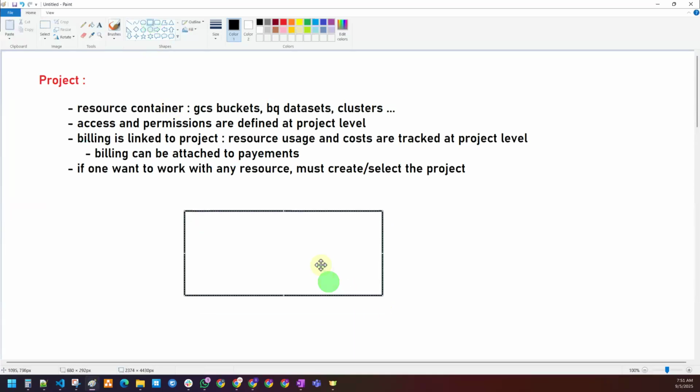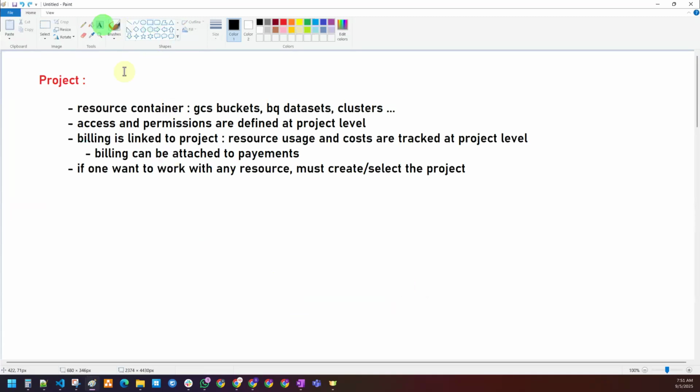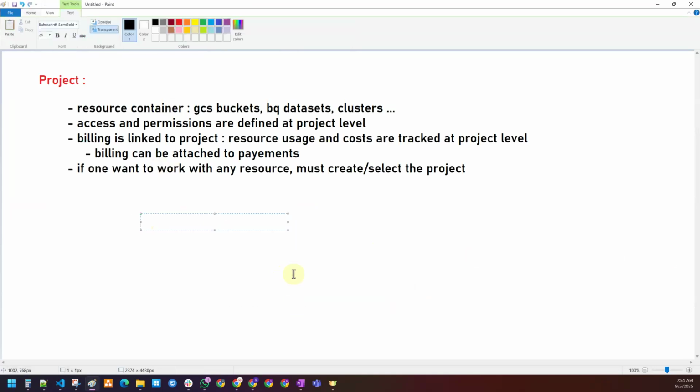For creating a project, there are three things, guys, I want to talk about. Whenever you want to create a project, each project has a project name, project ID, and project number. Every project will have these three parameters, unique identification. Okay, so project name,